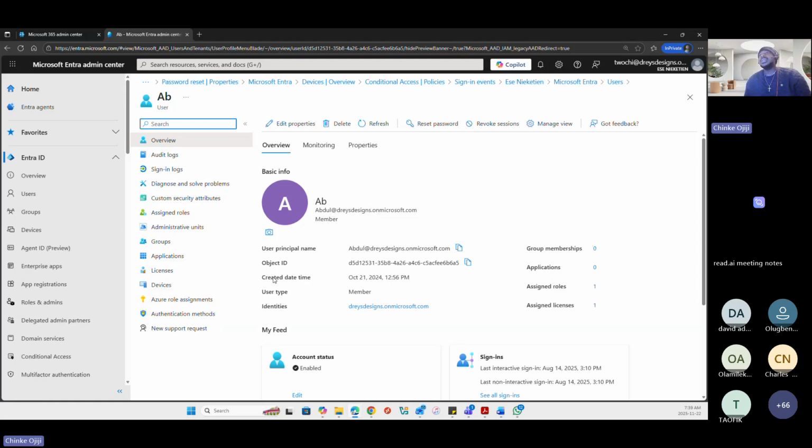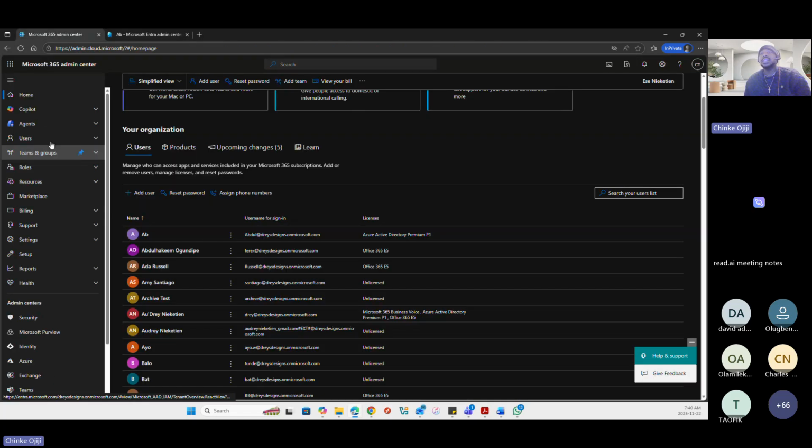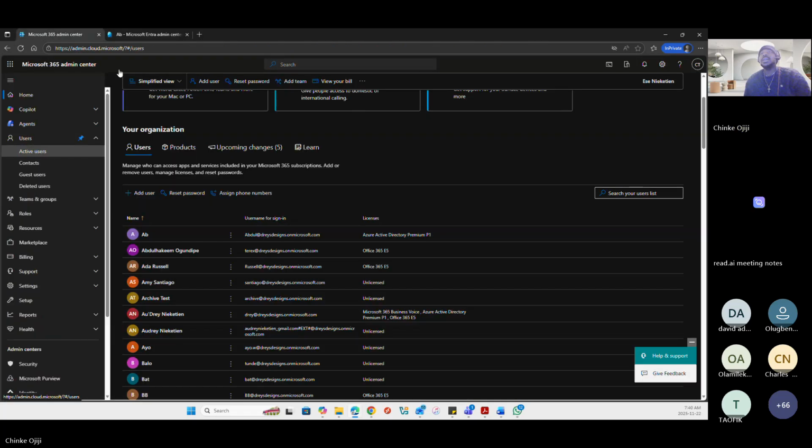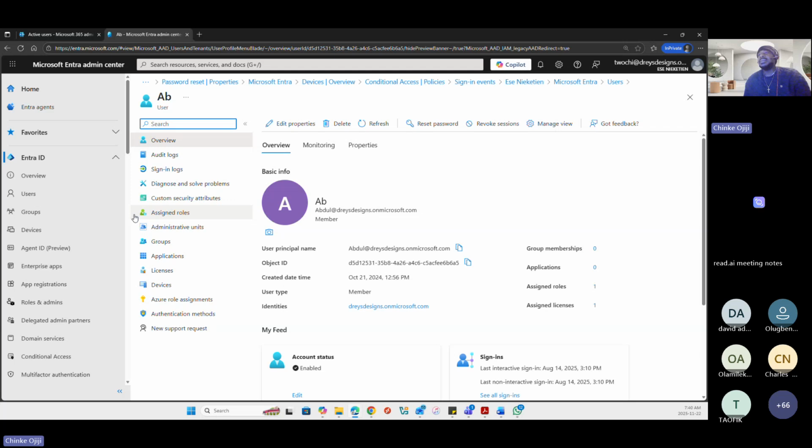Now, this Entra ID Admin Center is, as I said, it controls everything within the organization, right? Any user you come here to create as a 365 admin automatically appears here within the Entra ID for further management of that identity and its resources.